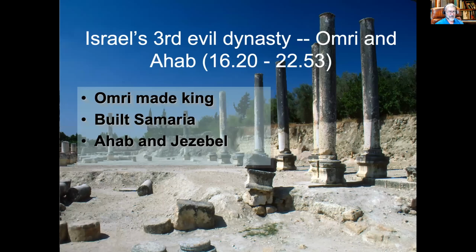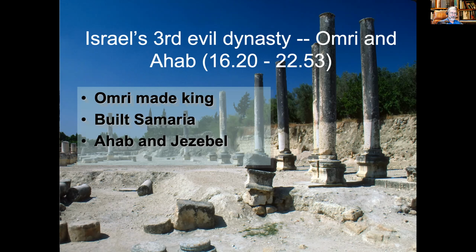This takes us on to the next king. Omri is the king. Samaria. This picture in the background, I need to emphasize. Those pillars are the pillars of the ivory palace of Samaria. You've heard about coming out of the ivory palaces. Well, this is an ivory paneled palace that belonged to the kings of Israel from the time of Omri. Omri and Ahab reigned in Samaria.